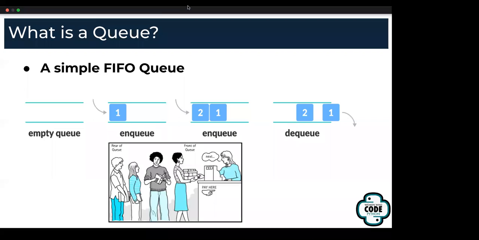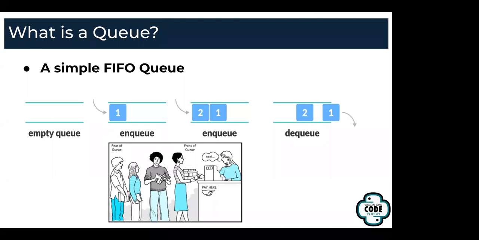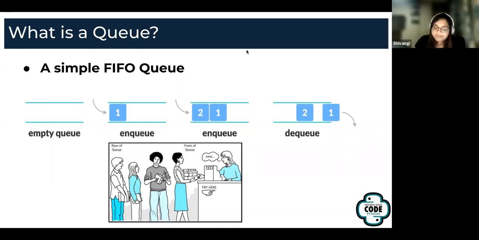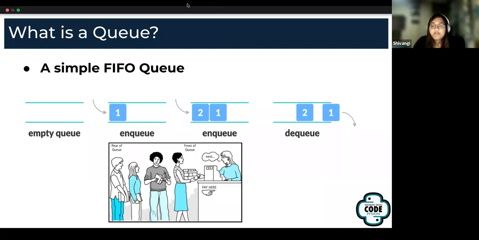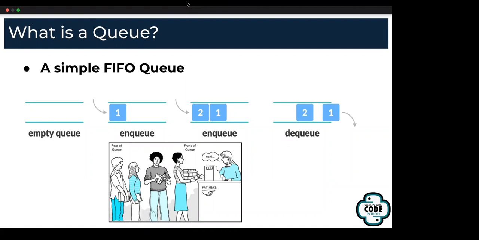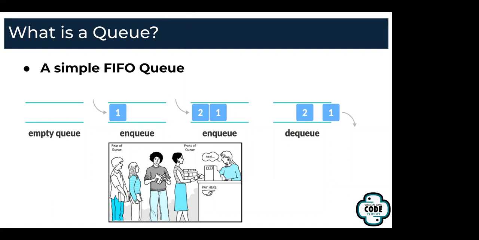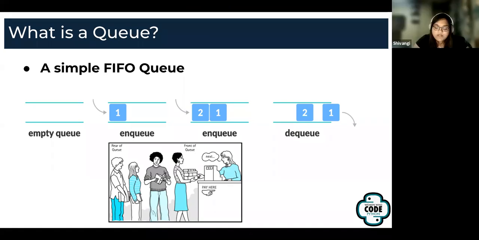Could you explain a little bit more about time complexity? Okay. Do you want me to explain what time complexity is, or do you want me to explain why the time complexity is O(1) in this case? Both. There are two questions: one is explain time complexity, and the other is what does time complexity of O(1) for enqueue mean? Okay, cool. I'll do that.